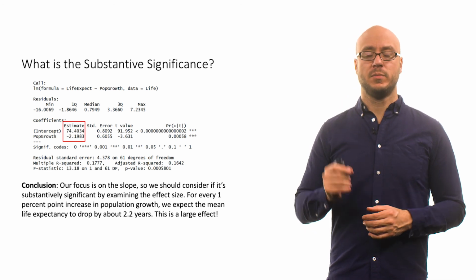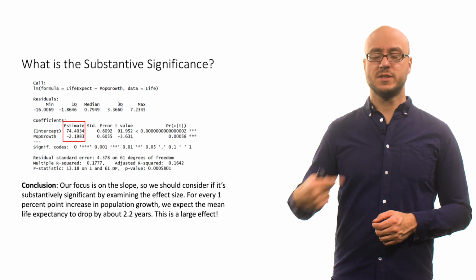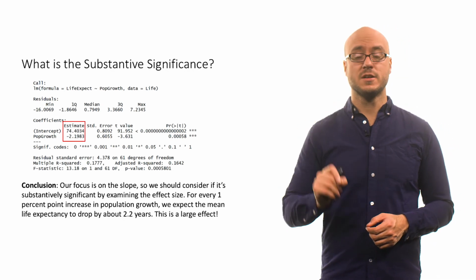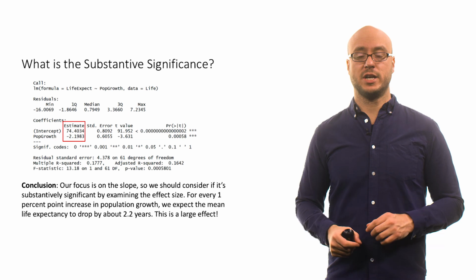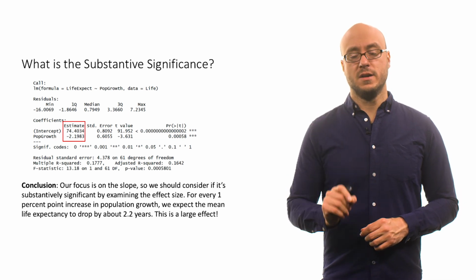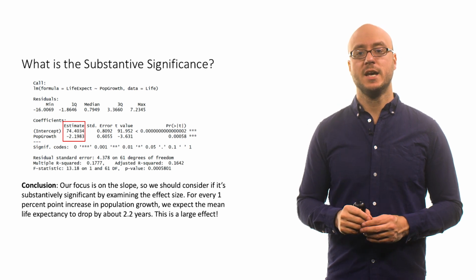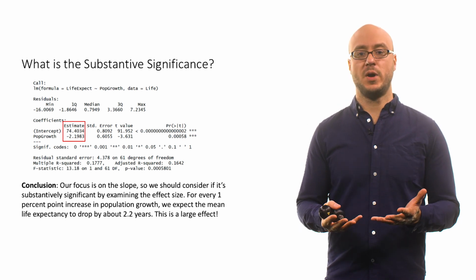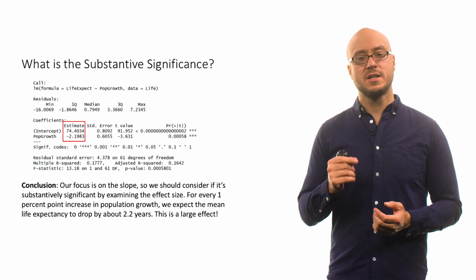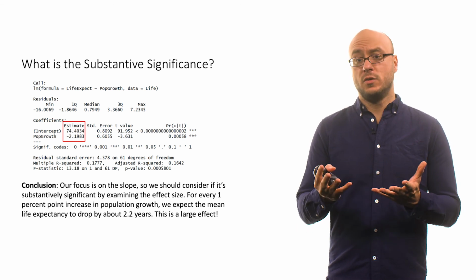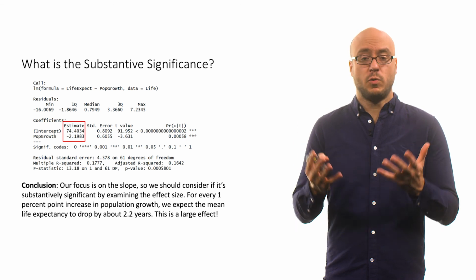Try to interpret it. Believe it or not, a lot of researchers will focus on the statistical significance, so they'll look at those stars and say, well, we either reject or fail to reject the null, but they do not focus enough on the effect size. So it's really important that you look at this, because it's one thing to say, oh, we think that this actually exists in the population, it's not due to random sampling variability. But it's another thing to say, well, if it exists in the population, is it a big effect? Is it an important effect? Is it a small effect? What kind of effect is it? That's why you should always look at the effect size, look at the point estimates, and try to interpret them.